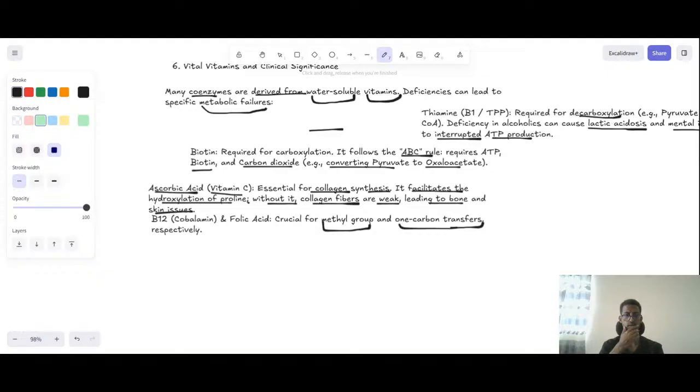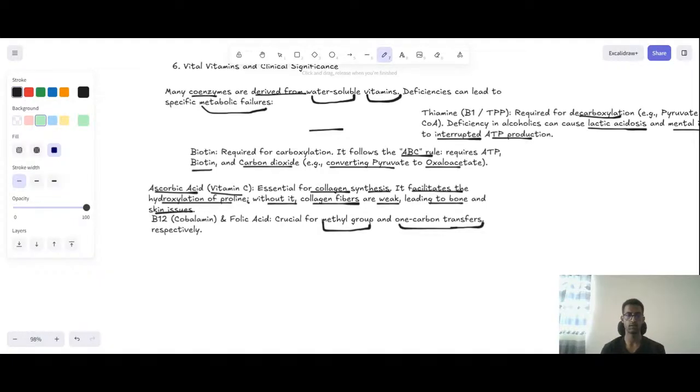Thermodynamics and activation energy: enzymes speed up a reaction by lowering the energy required to reach the transition state. Analogy: a catalyst is compared to lowering a high wall. Without an enzyme, the wall is high and few molecules can jump over it. Enzymes do not change the overall energy of the reaction.